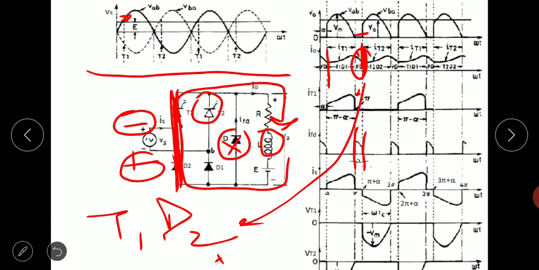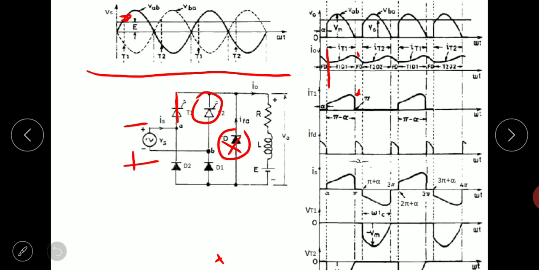Since the supply is disconnected, the nature of current will be transient only, an exponential I0 expression we will get. And since there is no source available, the current will decrease. It will decrease according to the value of resistance and inductance connected in this case.